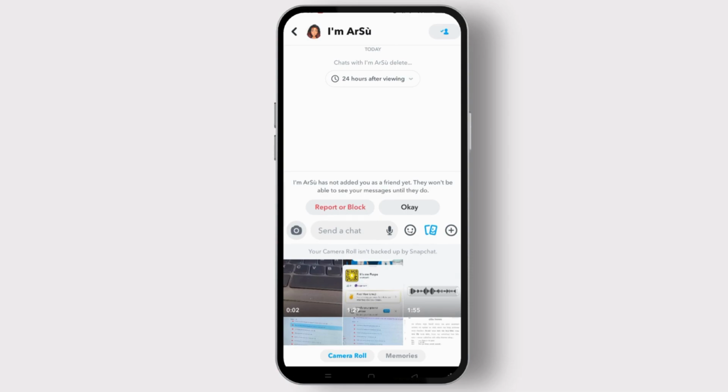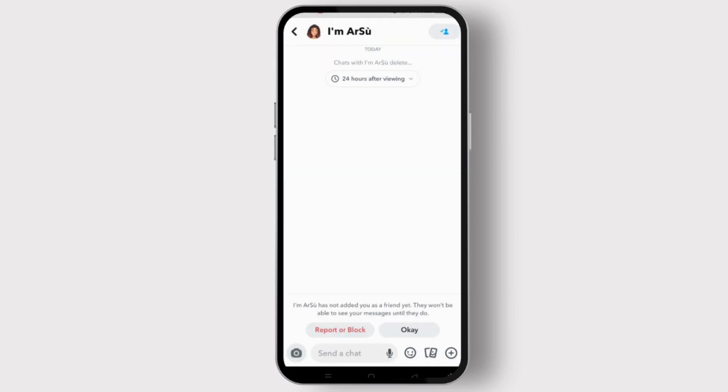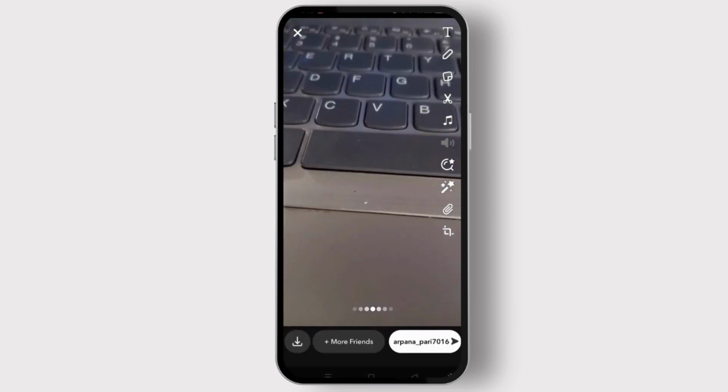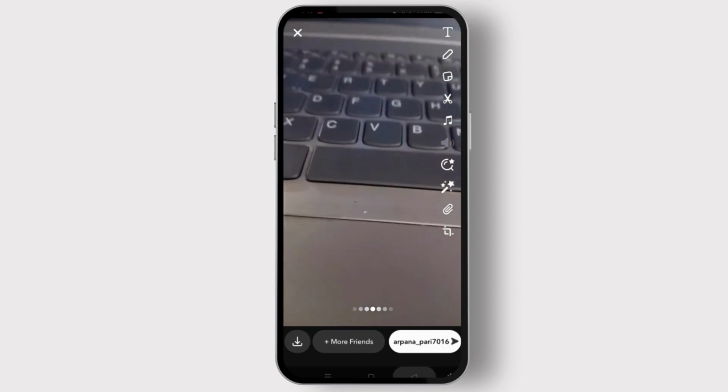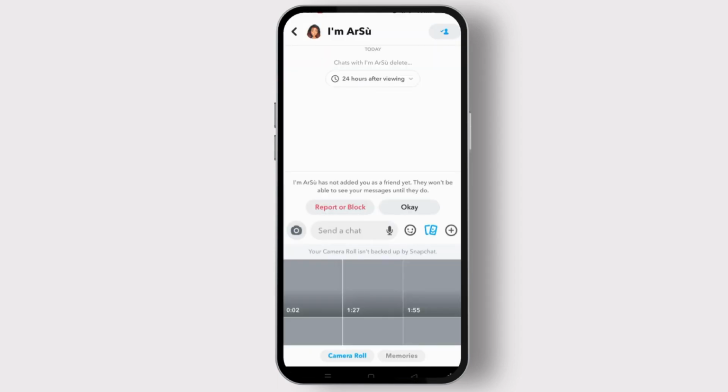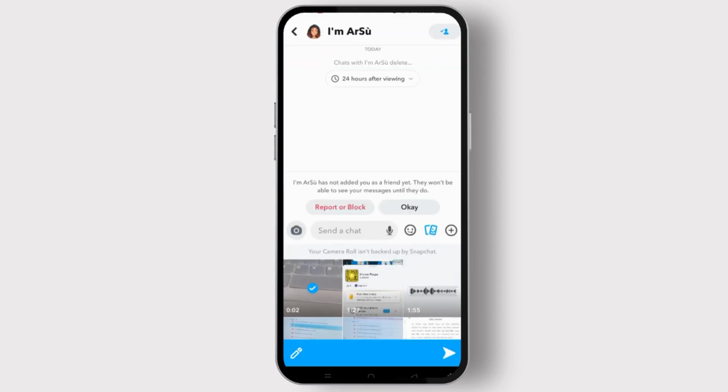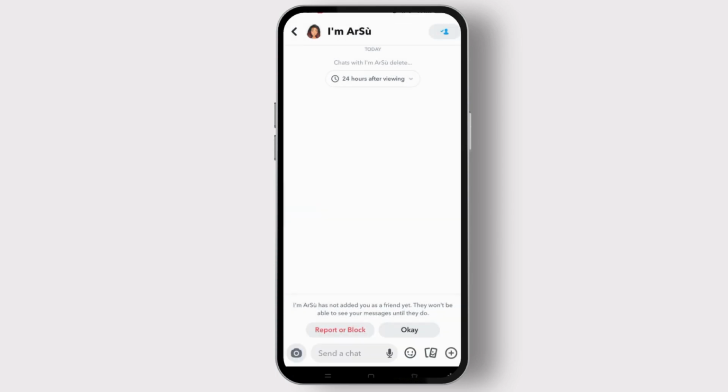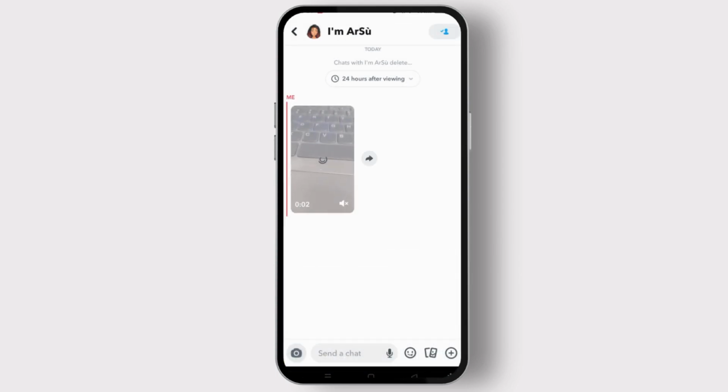You need to select any videos that you want to send as snaps, and after that you can also edit it by using this pencil icon which is at the bottom left corner, or else leave it as it is and get back from it, and you can directly tap on the aeroplane like icon at the bottom right in order to send to this user, and it has already been sent as a snap